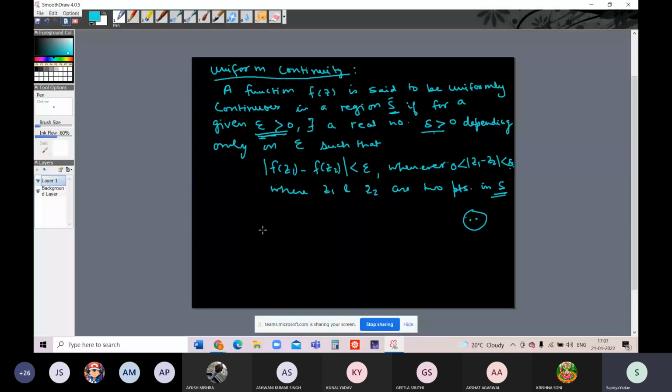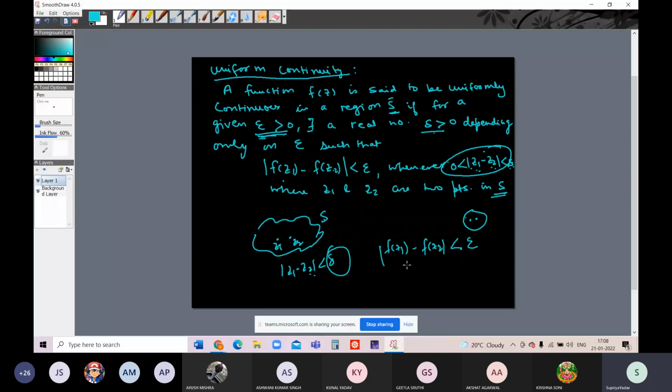It is not only these; we can also take other points z3, z4, or z1 dash, z2 dash, but the condition is only that the distance between z1 and z2 is less than delta. If the modulus of their difference is less than delta, then the difference between their images f(z1) and f(z2) must be less than epsilon,